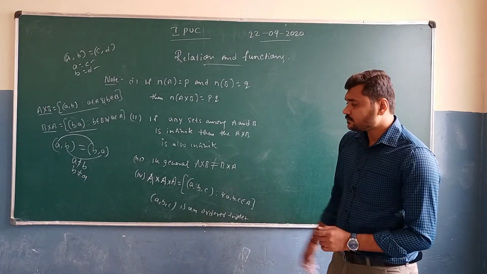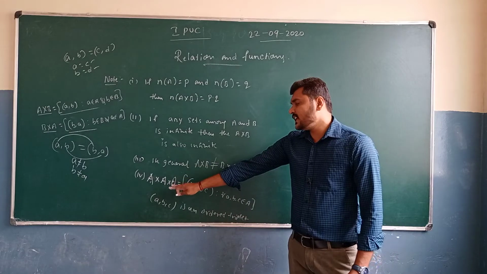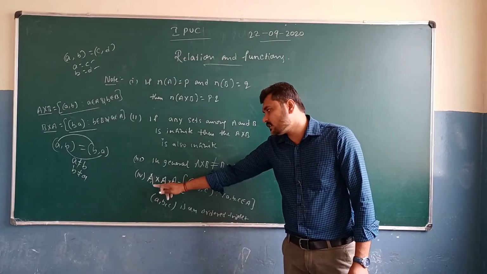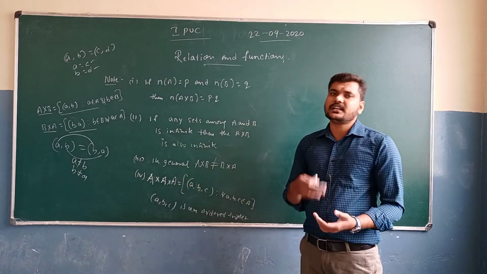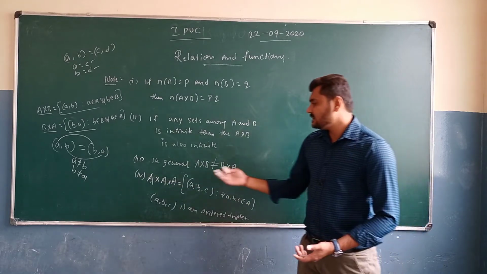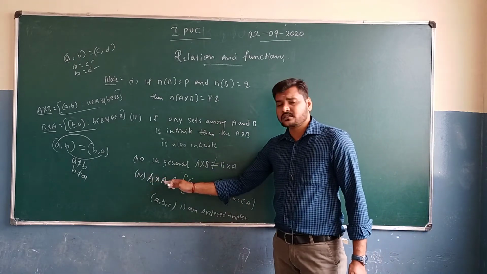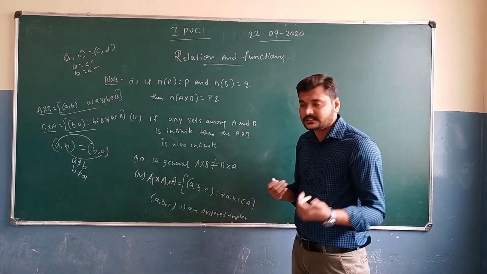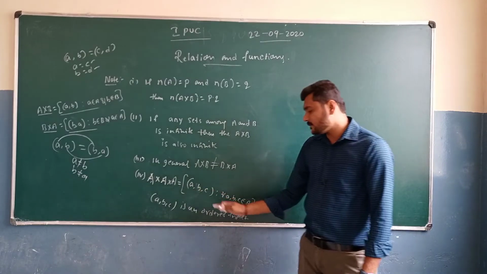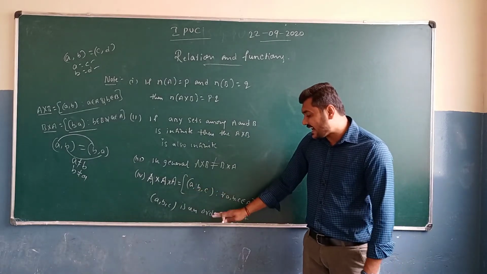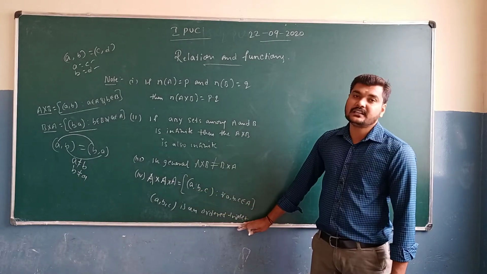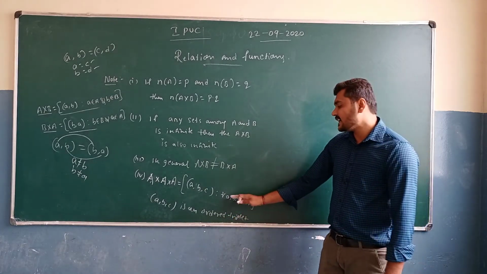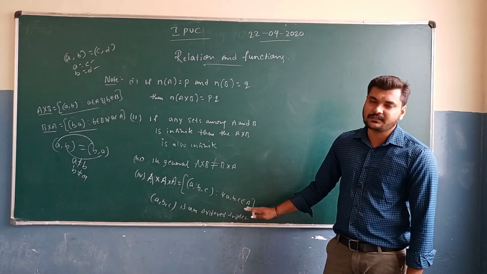The fourth one is, if we have three sets, the Cartesian product is A cross B cross C. The element present in the Cartesian product of three sets is (a, b, c). This element is called an ordered triplet. So this (a, b, c) must belong to the given set.